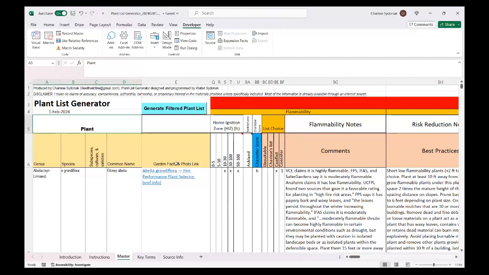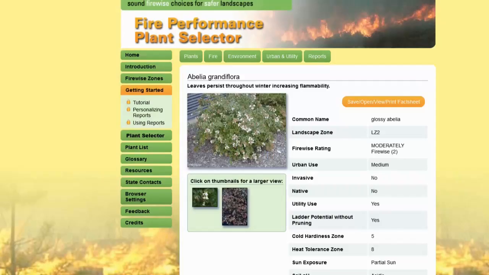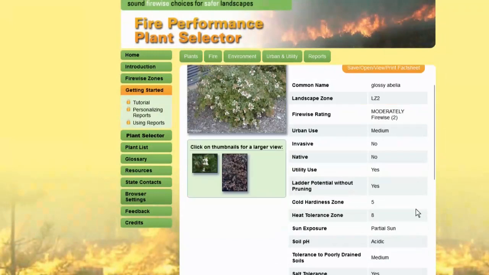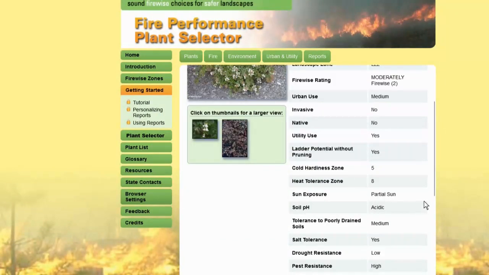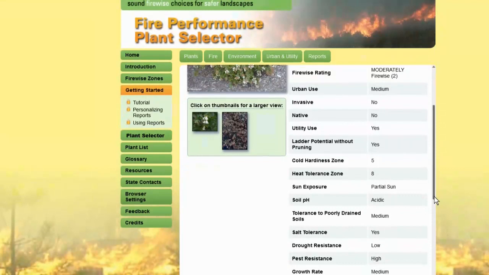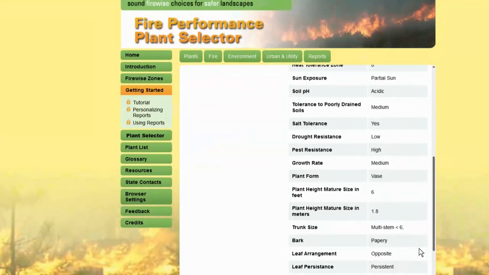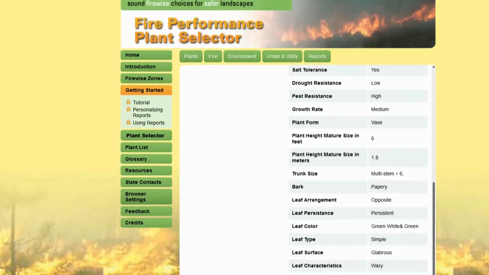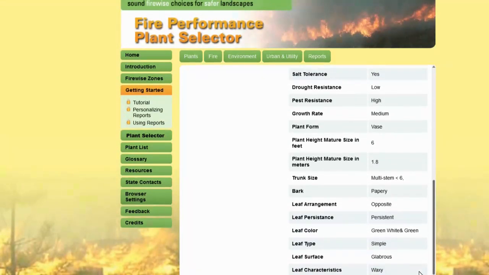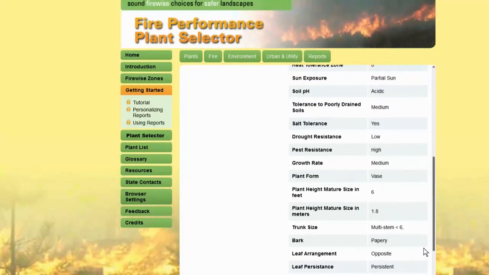And I am going to see if this works. There are a lot of links. And it took me to this fire testing source where I got the information from at least one source on fire. And you can see all these things about it. I don't particularly like a lot of what they say. I find it very confusing because what is the difference between a landscaping zone and a fire-wise rating? They're very confusing. I've done my best to come up with a standardized approach, but they show you more information